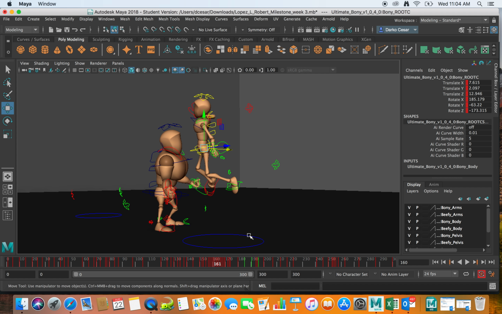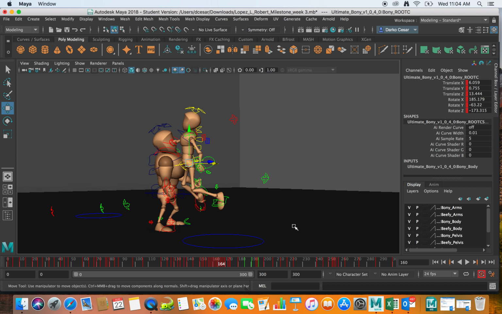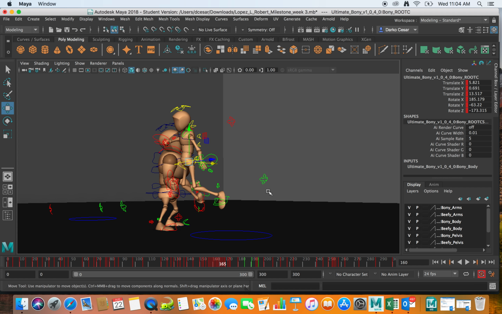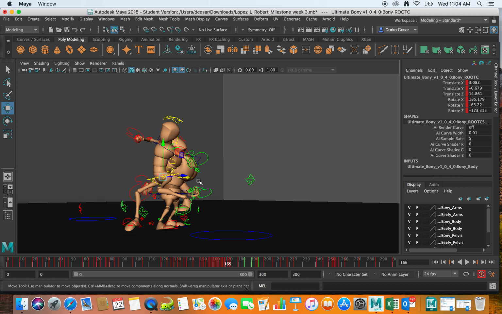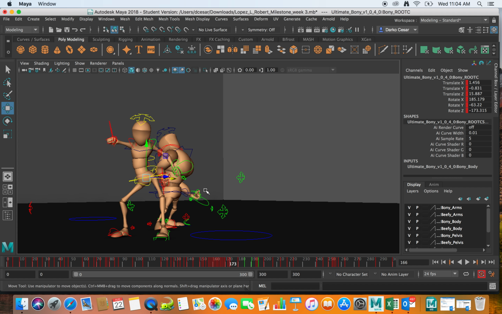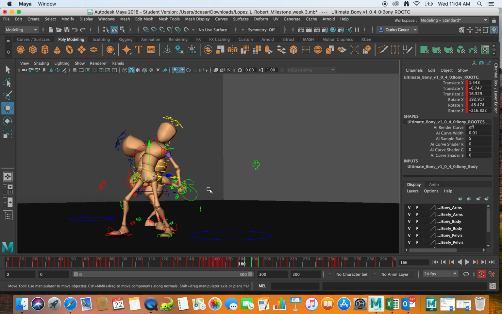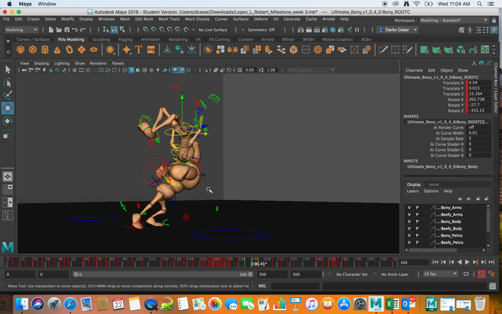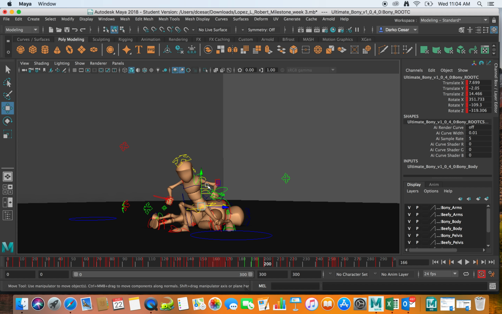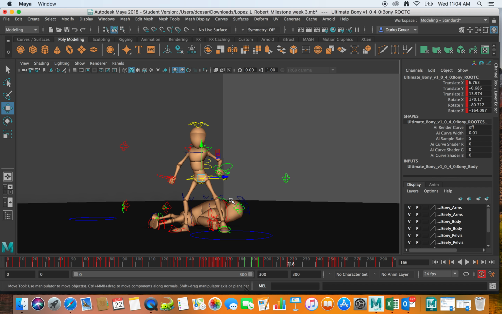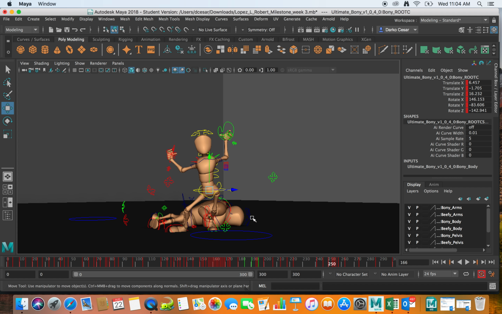So what I was trying to say, okay, let's go back to animation, is that while he's jumping, I think that a different angle would be better for that. And then for the very last thing, when he grabs him by the foot, I think